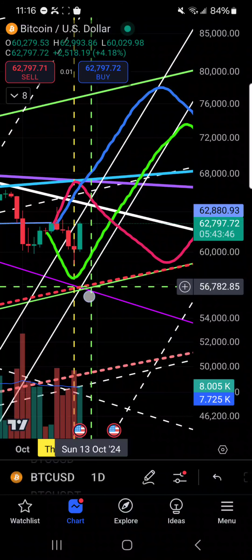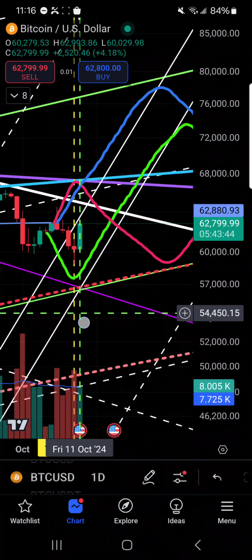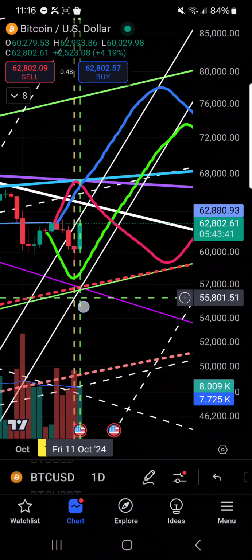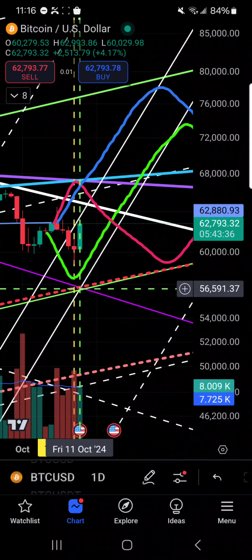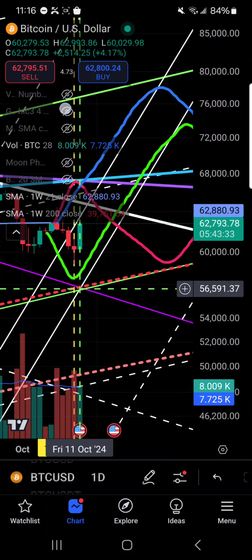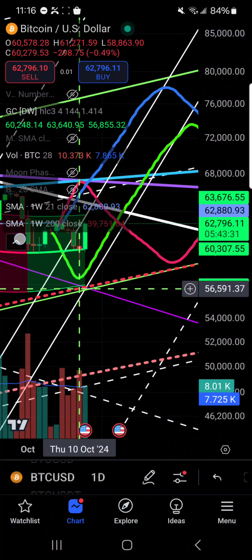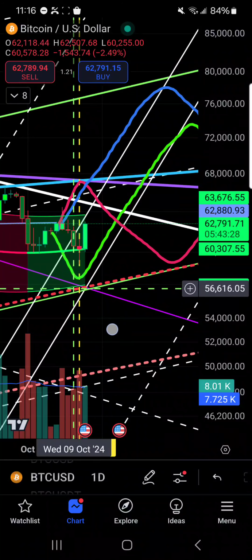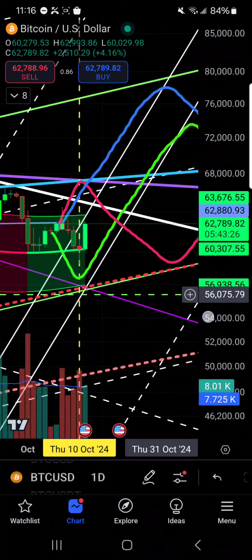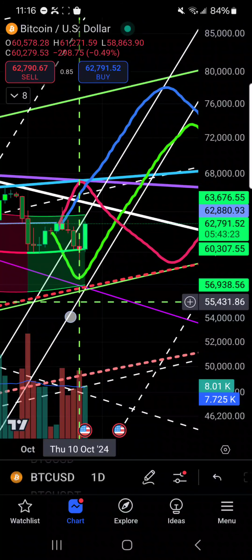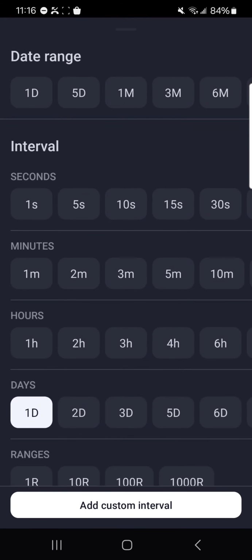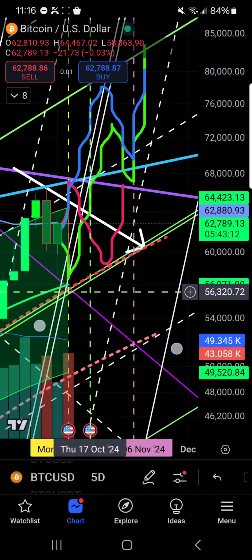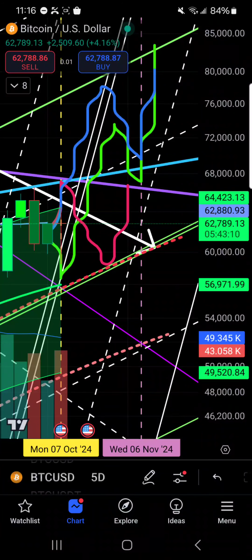And then also in this area you have the mean band of the 5-day Gaussian channel and the bottom of the daily Gaussian channel, which I can turn on right now. As a matter of fact, since we're on the daily, you can see that the daily Gaussian channel is right there at 56,938. And well, let's just go through all these right now. So the 5-day, then the mean band is at 56,971,